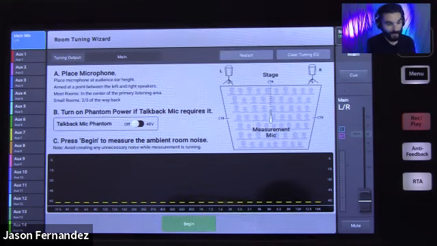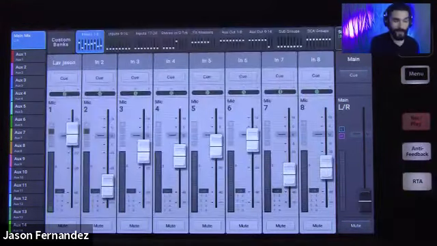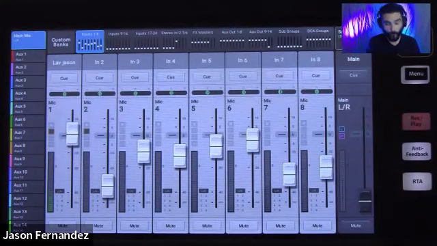So that is the tuning wizard. It is a highly powerful tool. And again, this and the anti-feedback tool are available on all 3 mixers. Everything I've shown you today is available on all 3 mixers. So just to wrap it up here, with everything I showed you, hopefully you're comfortable navigating around the mixer. You can start building your mix, and with these additional features, like the presets, the simple mode, the anti-feedback, and the room tuning wizards, you can get a great sounding mix up and running very, very quickly, and you really don't have to know a whole lot about audio engineering.